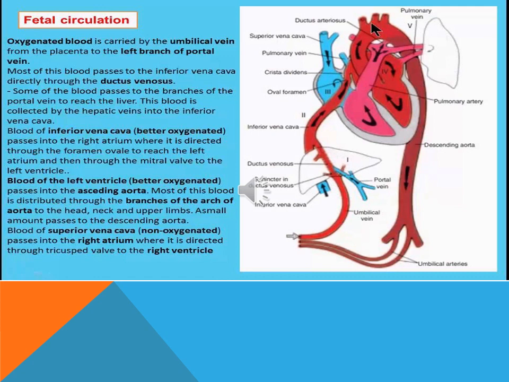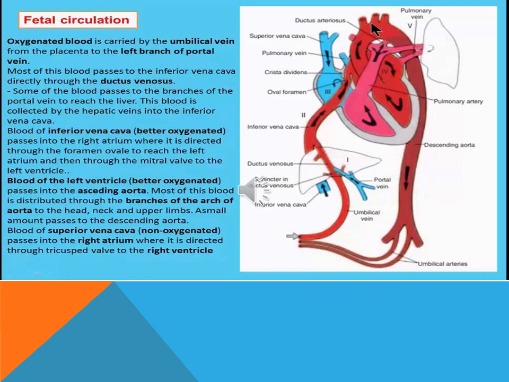Most of this blood passes to the inferior vena cava directly through the ductus venosus. Some of the blood which passes to the branches of the portal vein will reach the liver, and this blood will be collected by the hepatic vein, also into the inferior vena cava. The inferior vena cava now carries better oxygenated blood, which passes to the right side of the heart,